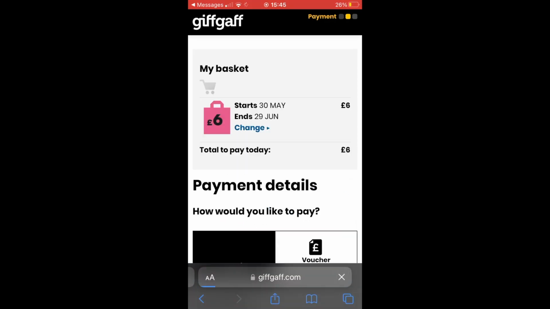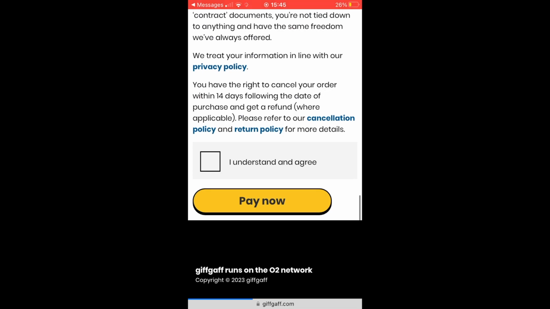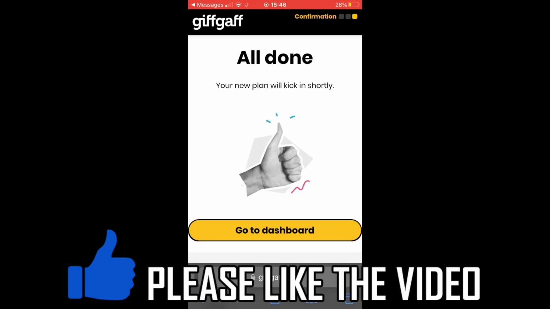And then you're going to want to potentially put in your card details if you haven't already. But at the bottom down here, you will eventually see a part where it says pay now. After you click the I understand and agree, click on pay now. And then if your card details are entered correctly, it should be all done, and then your new plan will